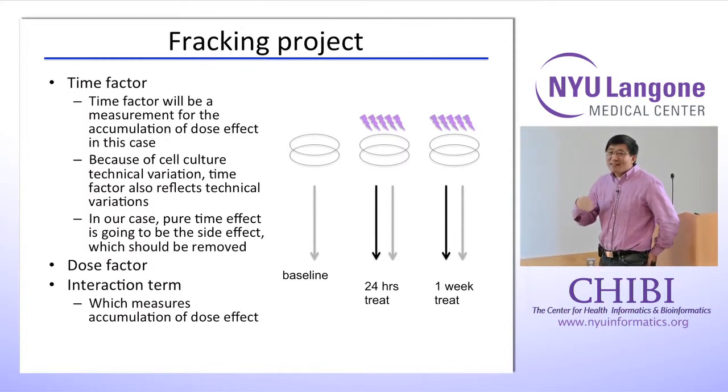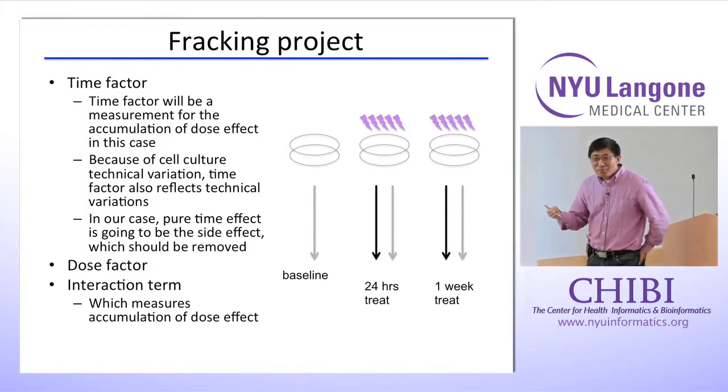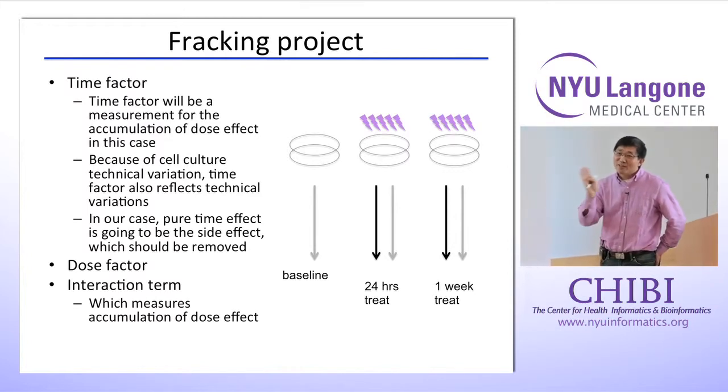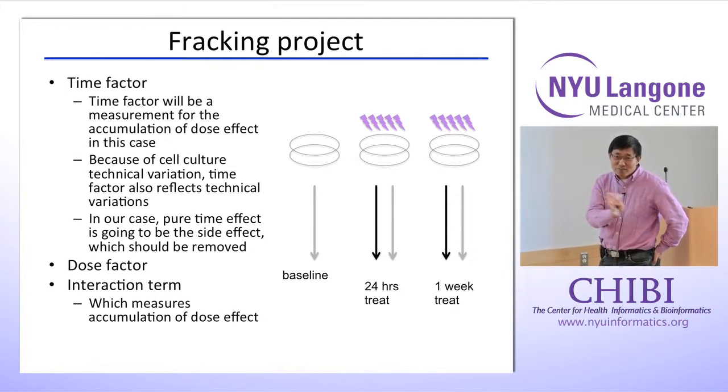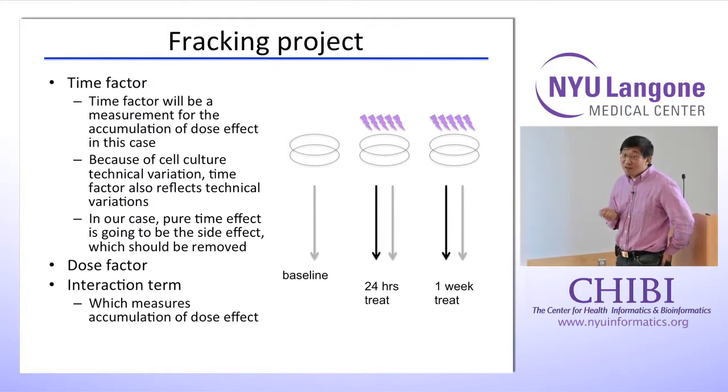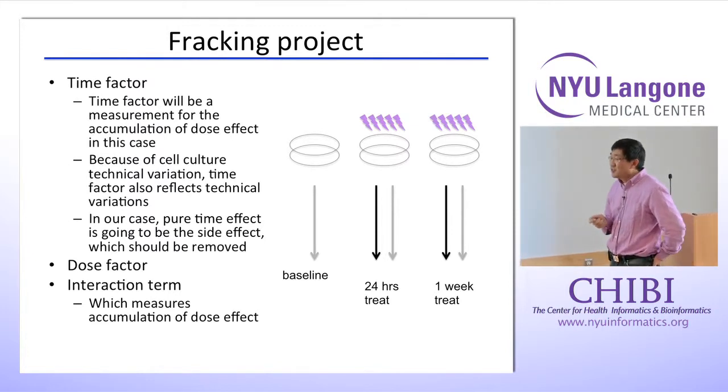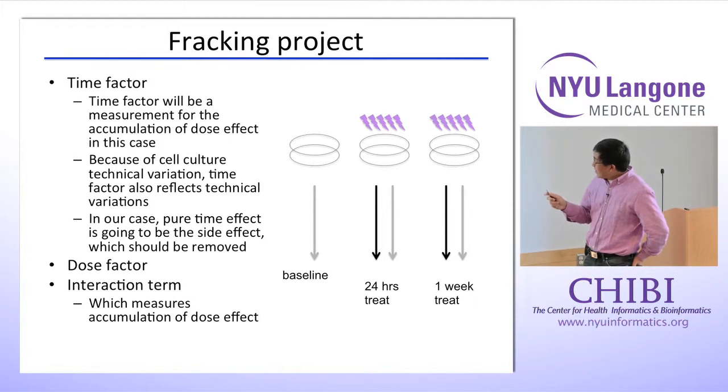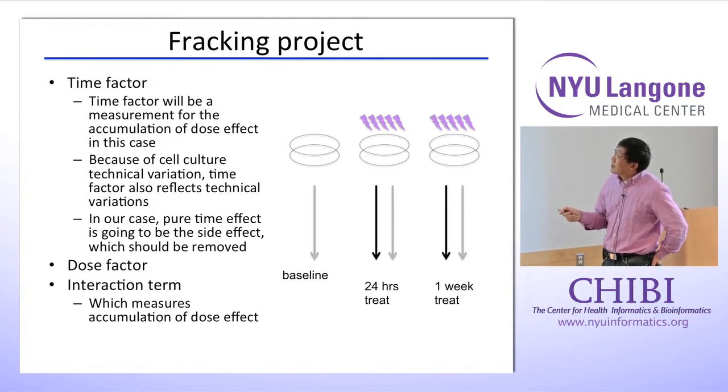And then we compared the harvested cells to the cells cultured with just pure normal media to see if there were gene expression changes. In this experiment, the first thing we have is the time factor, which during this culturing time, whether it's 24 hours or 1 week,